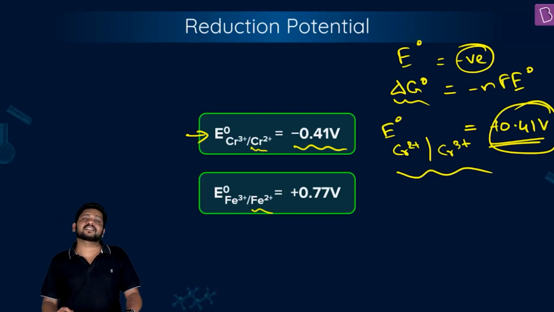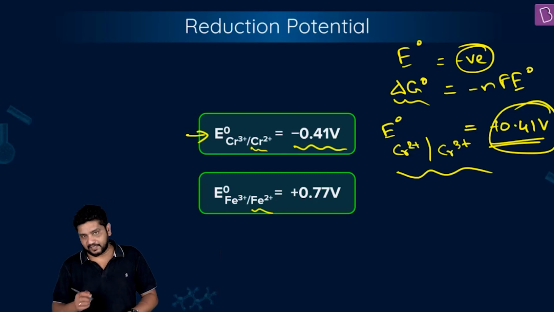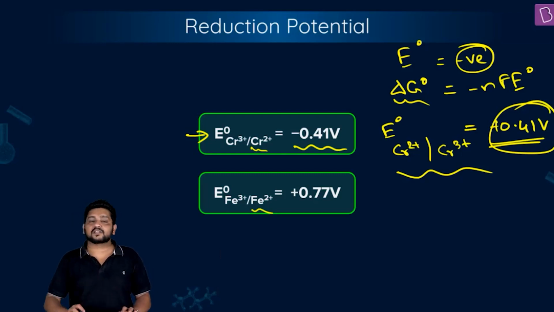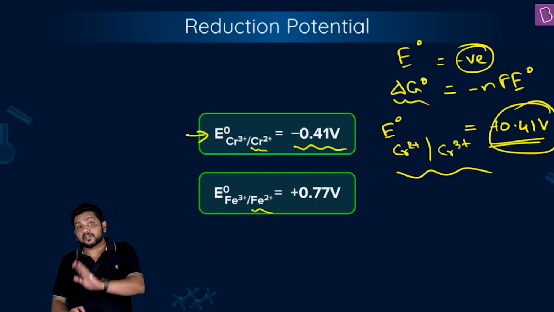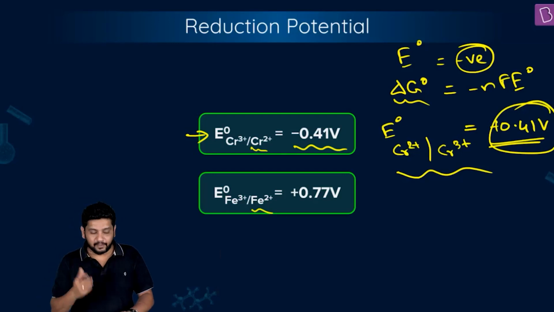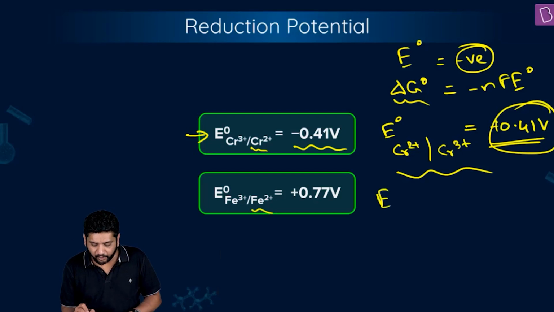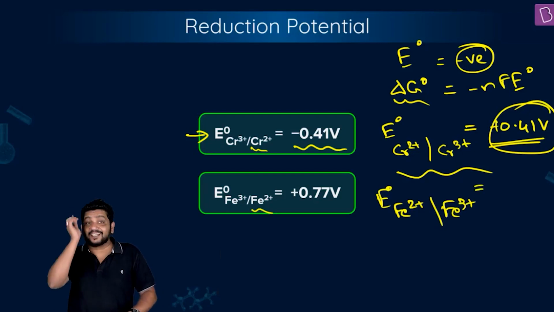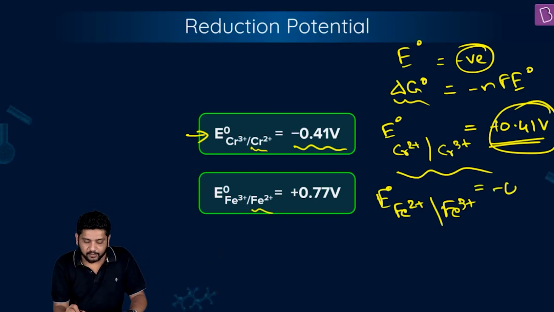The reason behind this is obviously electronic configuration and their stabilities. That's a different story. But the point is that when we look at oxidation of Cr2+ to Cr3+, we are seeing a positive potential, an ability of this to happen. If I look at E naught of Fe2+ to Fe3+, which means the oxidation of Fe2+ to Fe3+ in standard conditions, we are seeing minus 0.77, which means if I have 1 molar Fe2+